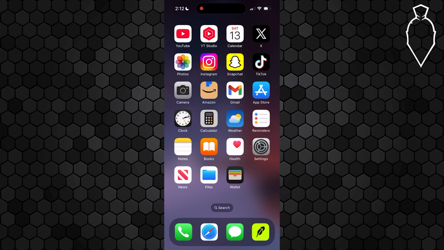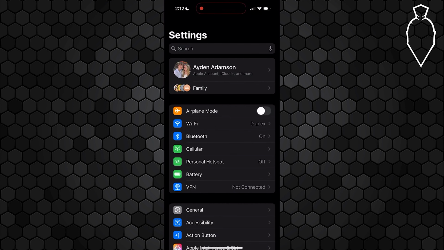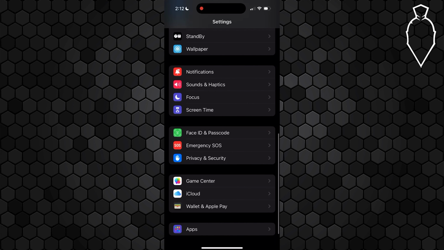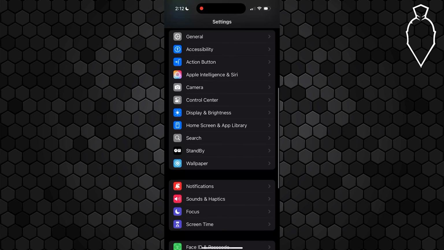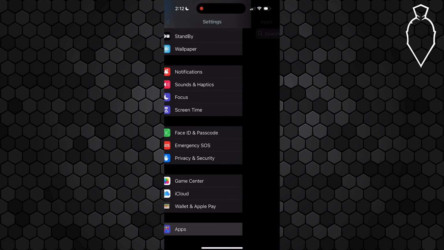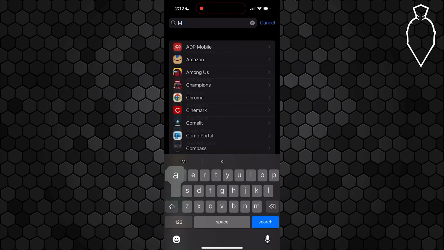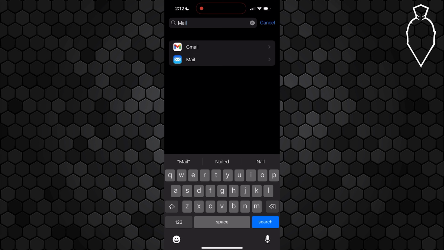Let's say you need an email to sign up for something or even to share it with someone. To actually find that email, what you're going to want to do is open up the Settings app, and from here, scroll down just a little bit and you're going to see an option for Mail. If you don't see the option in this section, that's because it's going to be in your apps. Go ahead and select Apps, and then I recommend just searching for it, just like so, and tap on whatever